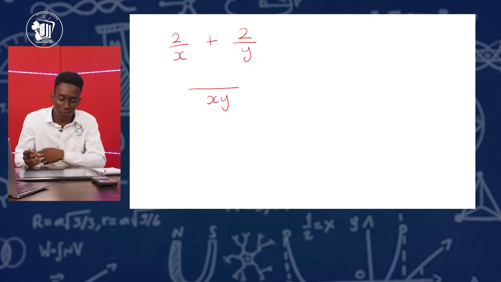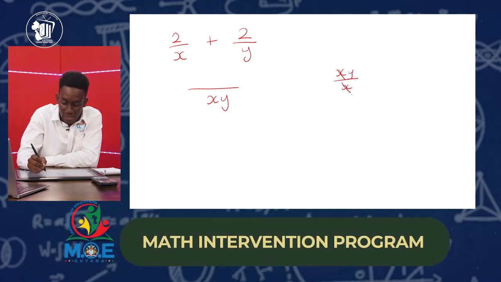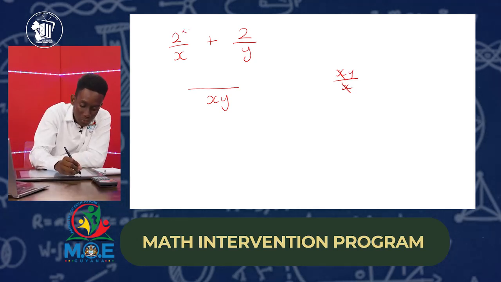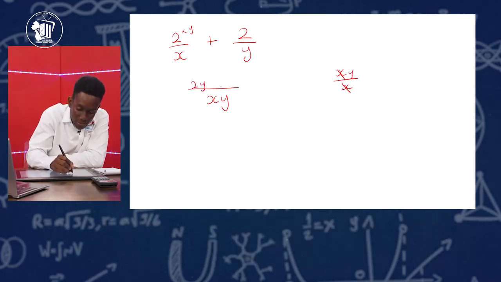And then we do the same thing like what we did just now. We divide xy by x. So xy divided by x. This x will cancel with that x. We're left with y. And we take that answer and we multiply it by the numerator. So this will be 2 times y, and 2 times y would give you 2y. Plus